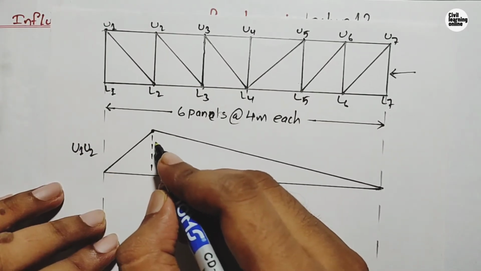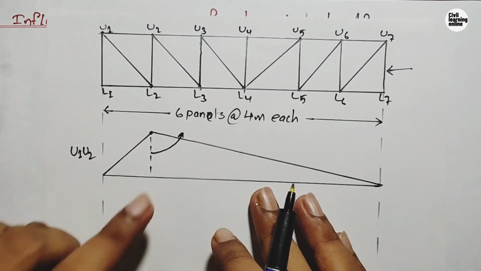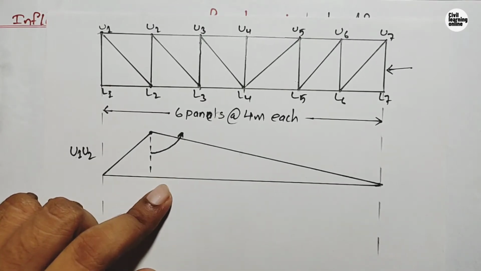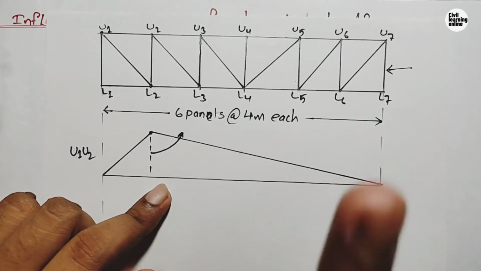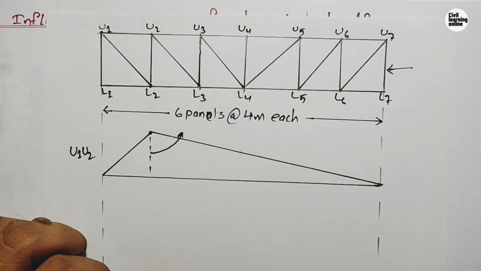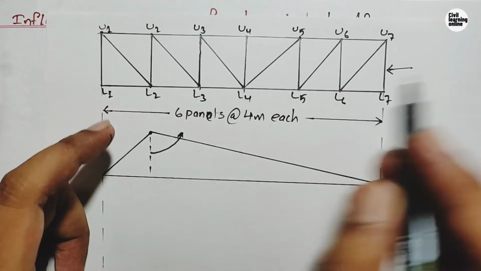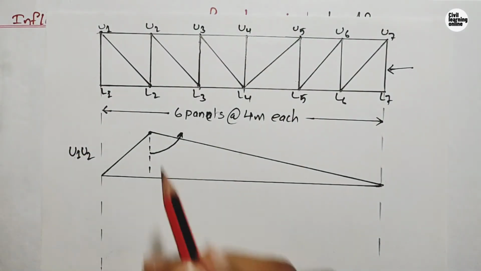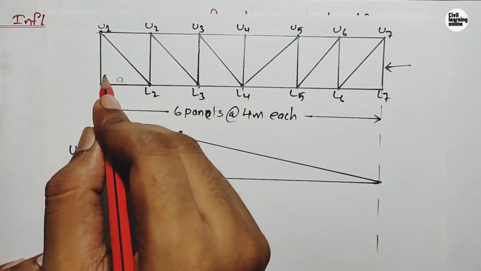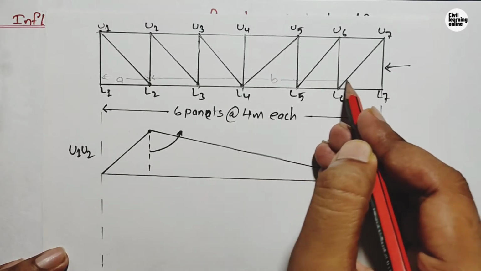Now you will ask what will be the value of this height of the influence line diagram. The value is going to be similar to what we did for calculating the moment. Here only two concepts you need to remember, which I discussed in the previous video: how to calculate the moment, and the reactions at the supports. So here u1 and u2 are concentrated at l2, so this value from here to here is going to be a for u1, u2, and from here to here it is going to be b.